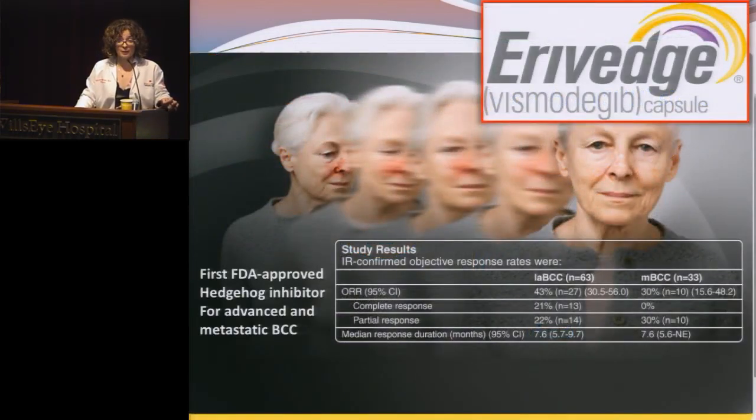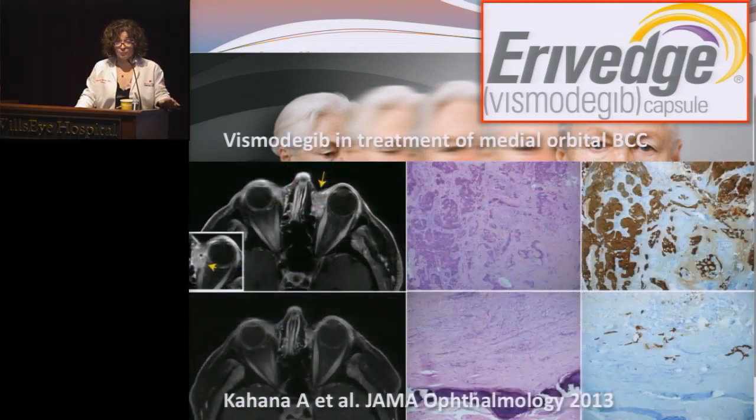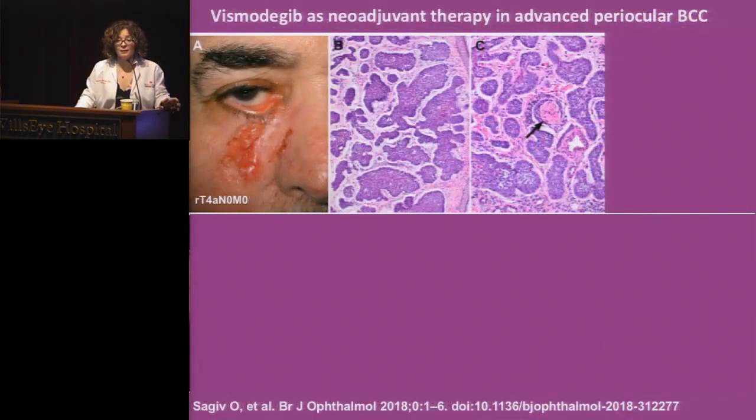There is an FDA-approved agent now, vismodegib, and there are several other agents as well on the market, some without FDA approvals, that are already used for management of unresectable or locally advanced metastatic basal cell carcinoma or multiple cancers in patients with nevoid syndrome. This is an early study that has come out showing success of this management in patients with periocular basal cell carcinoma. And here we have a more recent study from Bita Ismaili at MD Anderson, which showed success of this